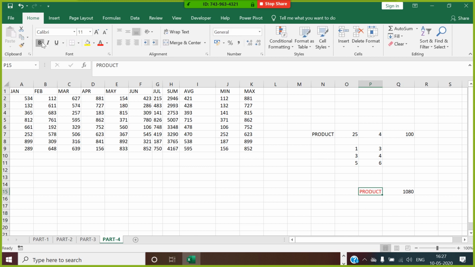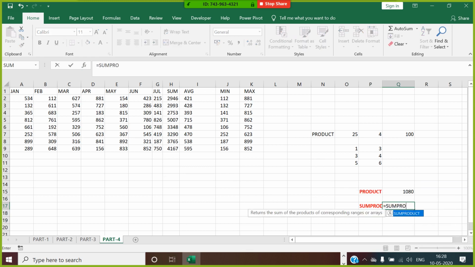At the same time, if I say sum product, what does it mean? This is called array 1 and array 2. What is the value coming here? 45.